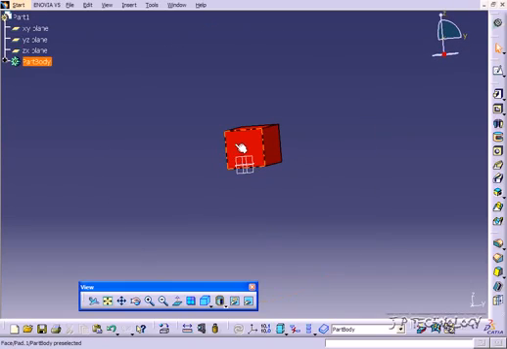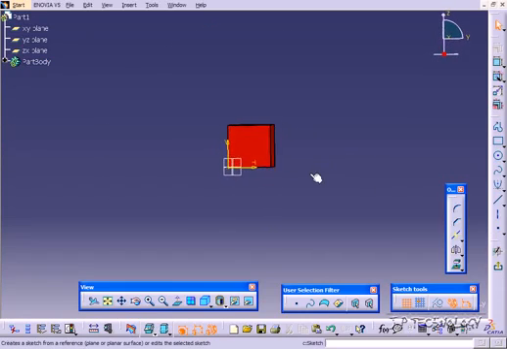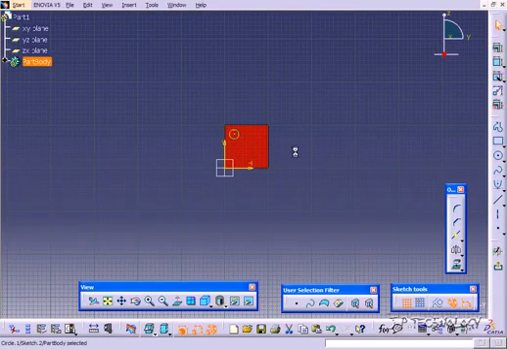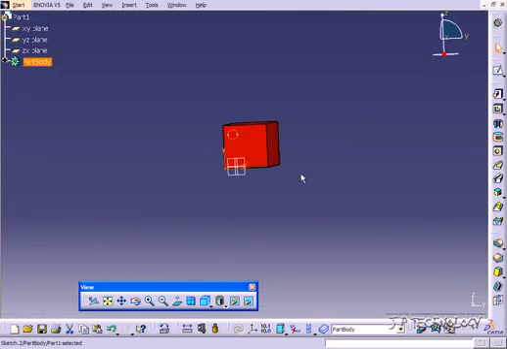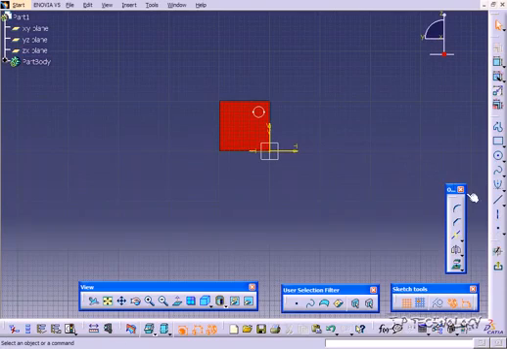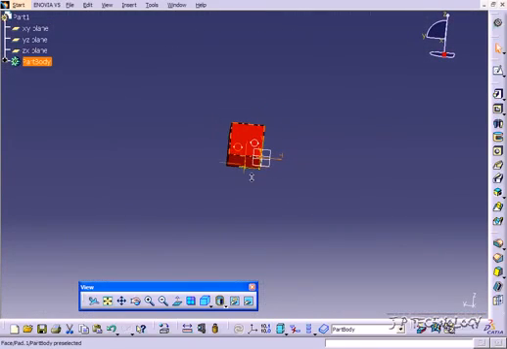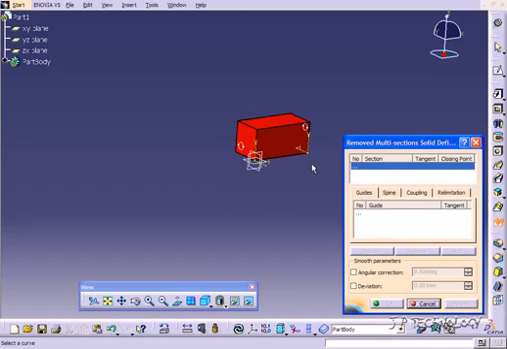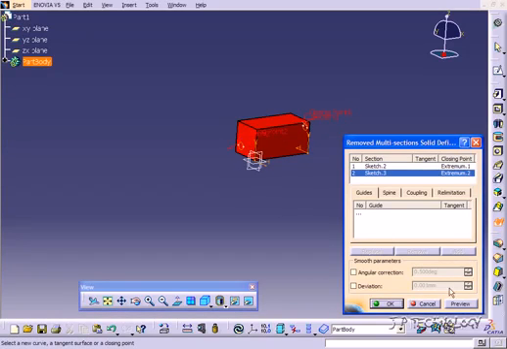So to start off, let's click this face here, click Sketch, and let's draw a circle in the top left corner here. And let's go out. And let's go on the other side here. Click Sketch. And let's draw a circle on the bottom left corner here. And let's go back up. And what we're going to do is we're going to connect these guys, and they're going to cut out from this solid. So we'll click the removed multi-section. Click one profile. Click the other, click Preview,